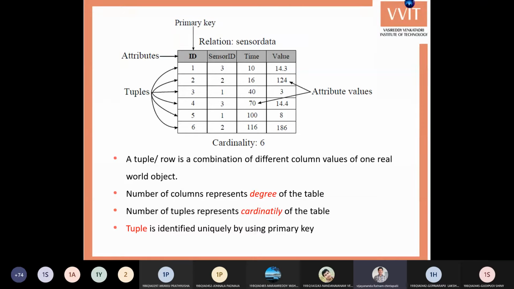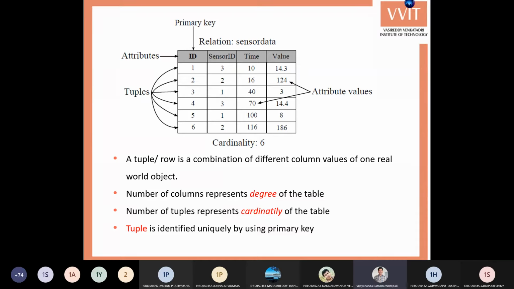Now, if you observe here, there is a simple relation called sensor data, which contains four different columns. In the relational model, the format is relation, also called a table. A table consists of rows and columns.